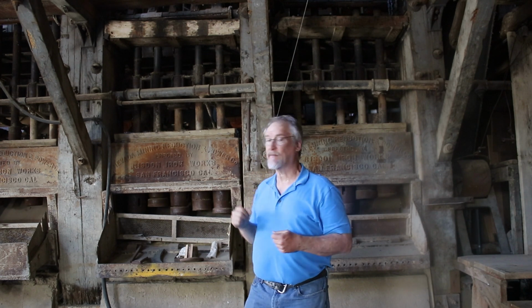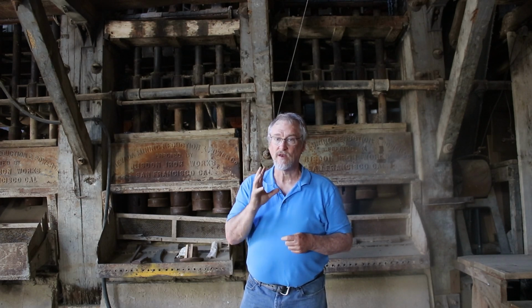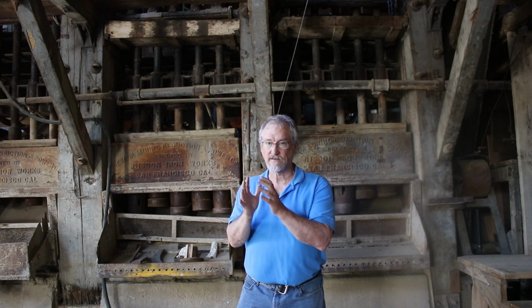And then after it was in a jaw crusher, it would be crushed down to a size that you could do something with in these stamp mills. The stamp mills would not take football-sized rocks. They took maybe 2-inch minus, or maybe 1.5 inch minus, something like that, and then ground it down to sand. When you're crushing rocks, it's better to have multiple steps where you crush from big to smaller